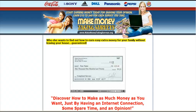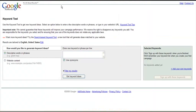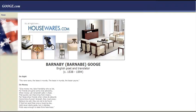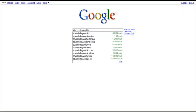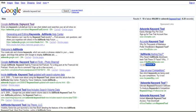So you're going to go to the Google AdWords keyword tool. What you would do is go to google.com and just type in AdWords keyword tool, and it will be the first result that you get. So go ahead and click on that,